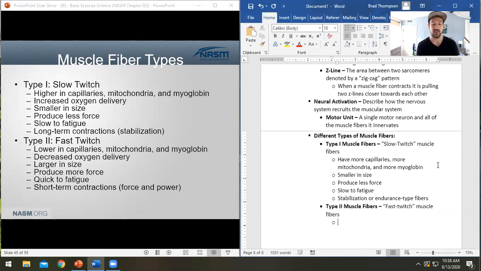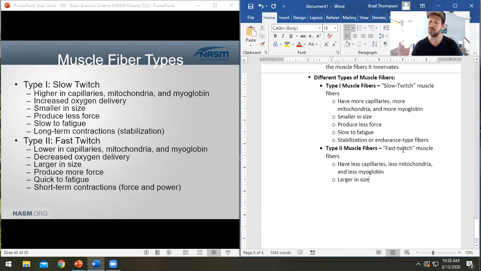And these have less capillaries, less mitochondria, and less myoglobin, but they are much larger in size. So they have more sarcoplasm, right? They have more cellular fluid. They produce much more force because of how much larger they are. They are quick to fatigue compared to slow twitch fibers, and they are used for short-term